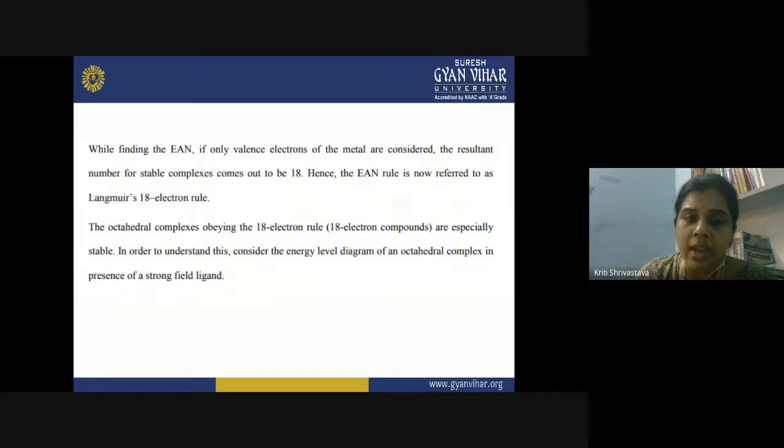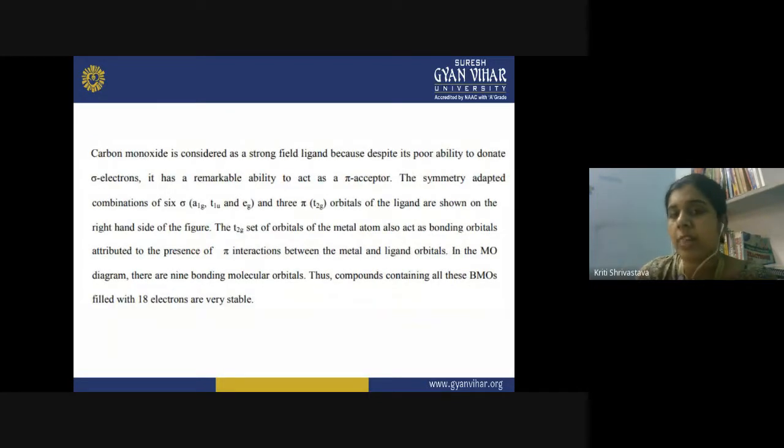Just to understand this, let us consider the nature of the carbonyl ligand. What is the nature of the carbonyl ligand? The carbonyl is a very strong field ligand. And why do we call it a strong field ligand? If you remember, in the previous lectures we saw the hybridization in so many metal atoms when the metal carbonyl was getting formed. We saw that as soon as the carbonyl reaches the metal atom, all the electrons get paired. Whether it was the formation of nickel tetracarbonyl, iron pentacarbonyl, or chromium hexacarbonyl,